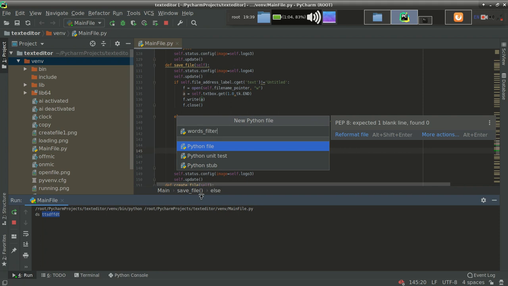Actually words filter will be fine, but there is a bug. Words filter can filter the words also, but here something is not working. Let me see.